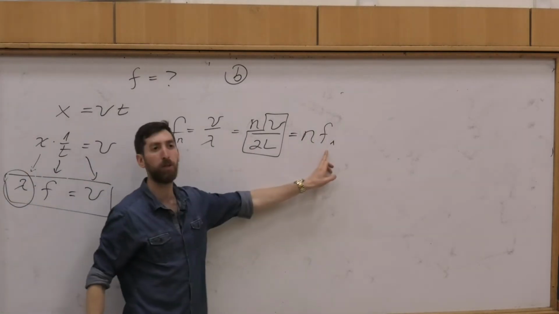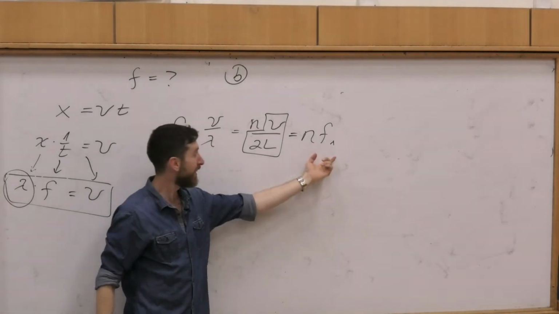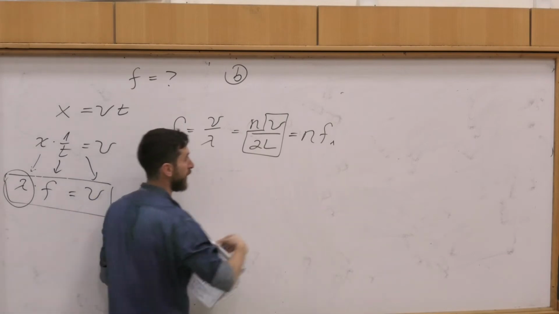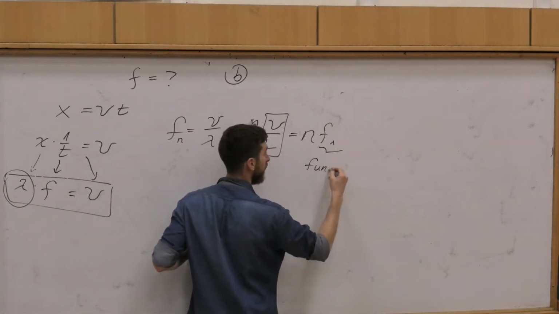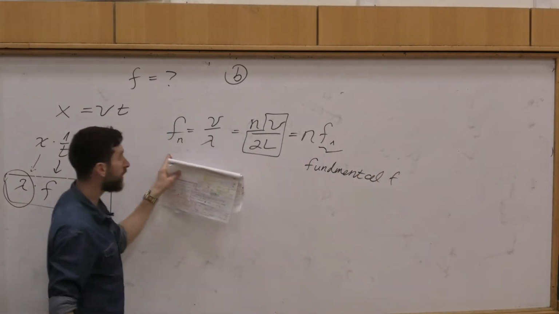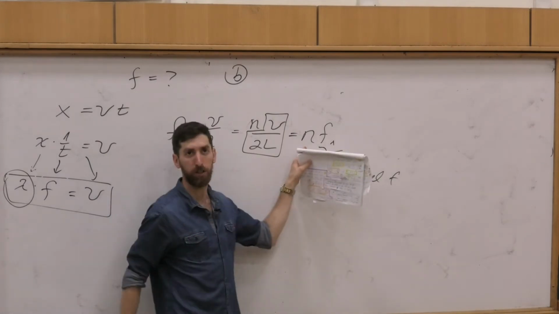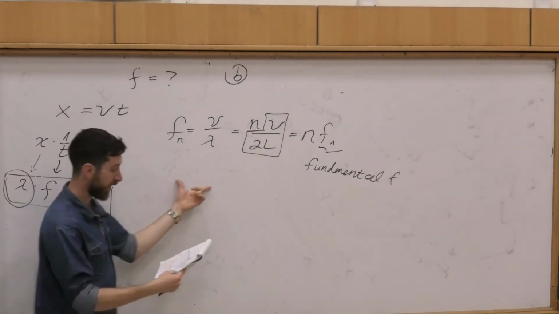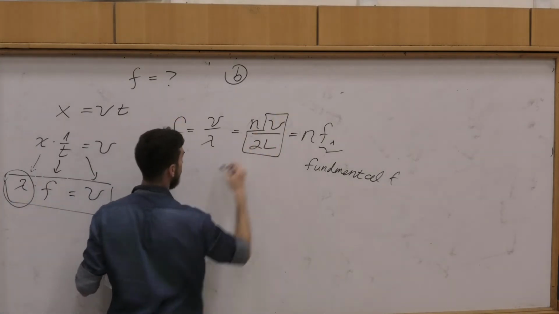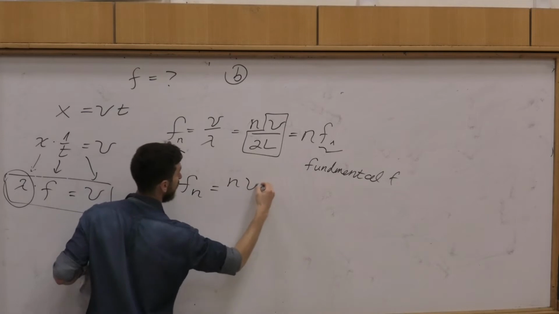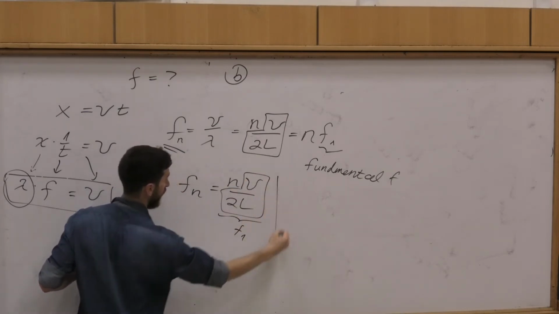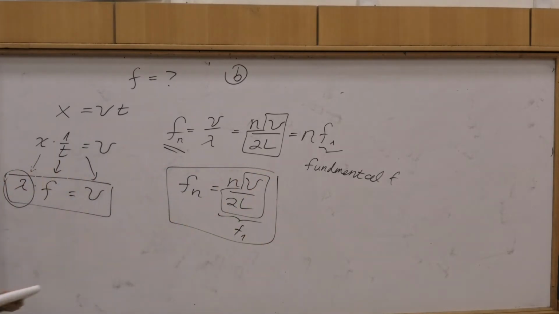And it's really important. Usually in a musical instrument, this one is so dominant, okay? So usually we call this the fundamental frequency, okay? And all the other frequencies are just multiples of this frequency. Got it? Perfect. So I want you to remember this formula, it's really important. It's v over 2L, and this is f1, right? So we have that, good.